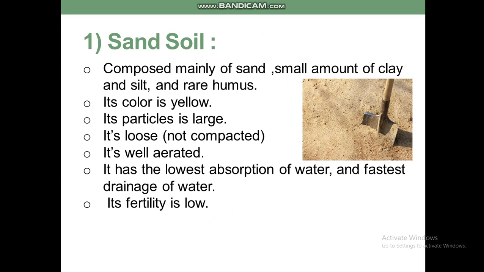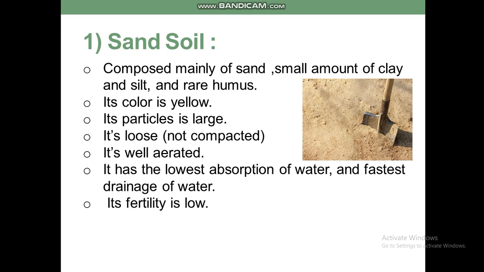Okay, the color of sand soil is yellow. The particles of sand soil are large, and sand soil is loose, and loose means not compacted. You can crumble it by your hand. Sand soil is well aerated, and aeration means that the amount of air inside this soil is large,